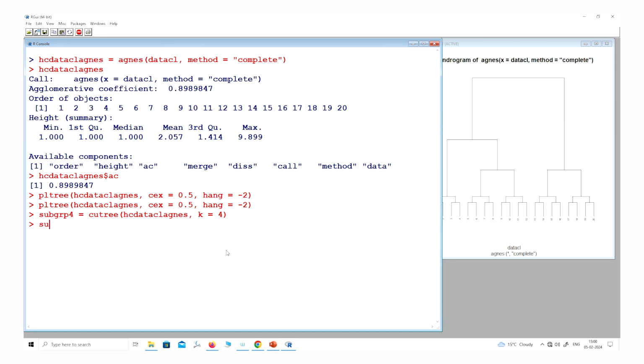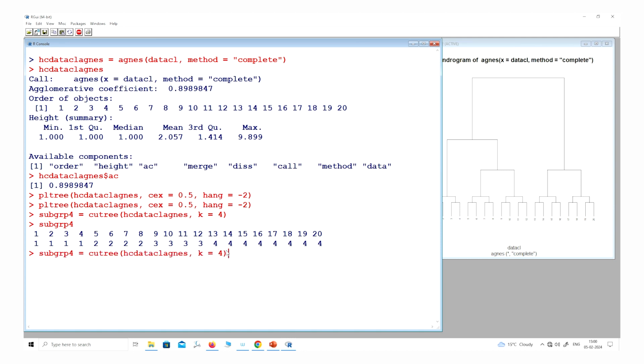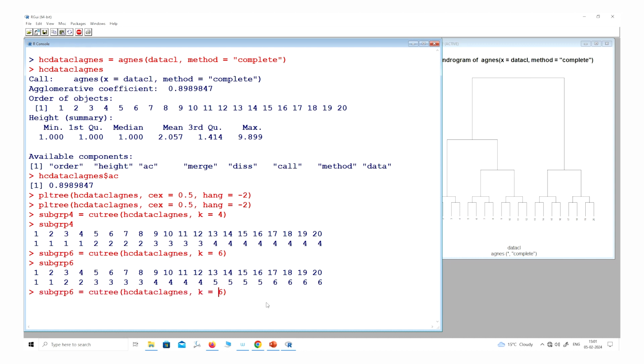So the value of sub_grp4, it is here like this. And if you want to make it here, say 6 groups, so you can see, let me call it a subgroup 6, so that you can store it, sub_grp6, it is here like this. And if you want to make it, say, 12, so you can see here 12 will be like this.